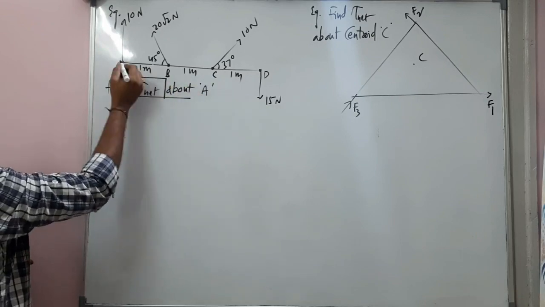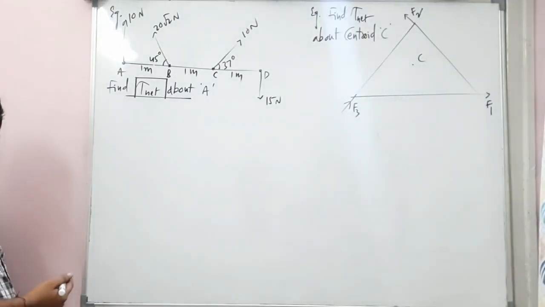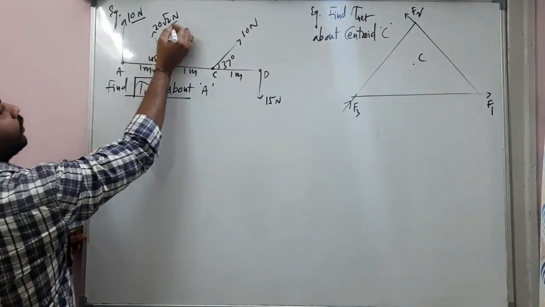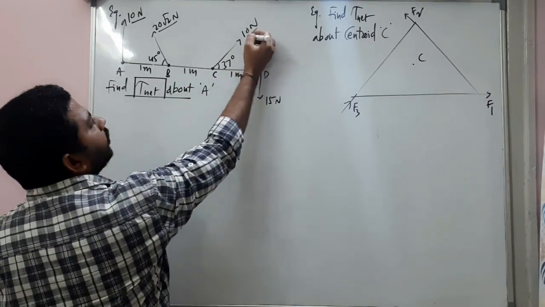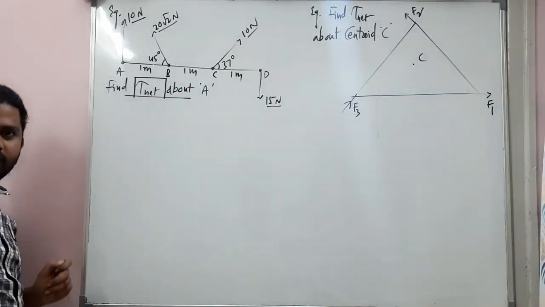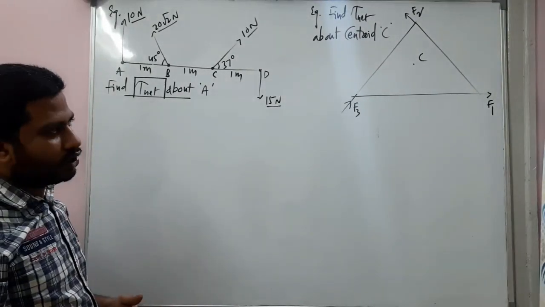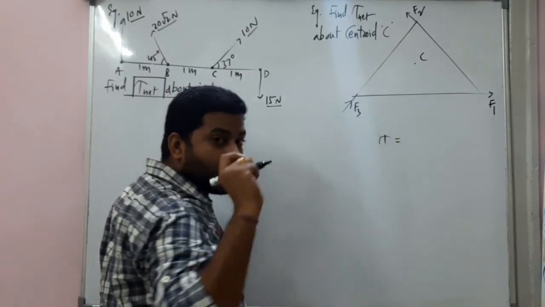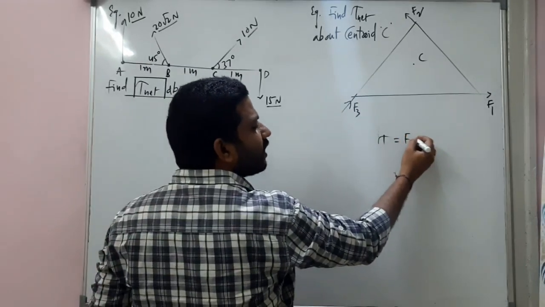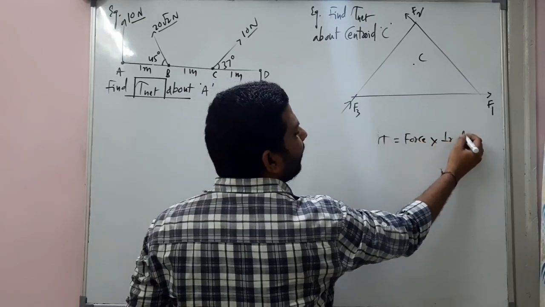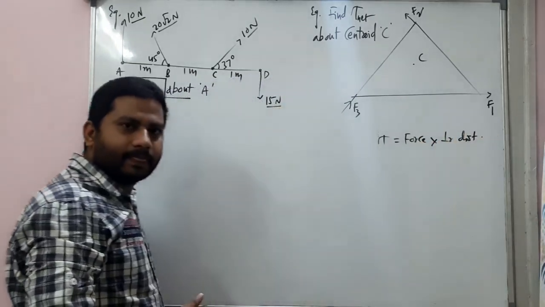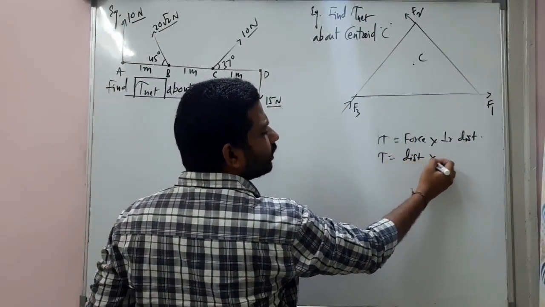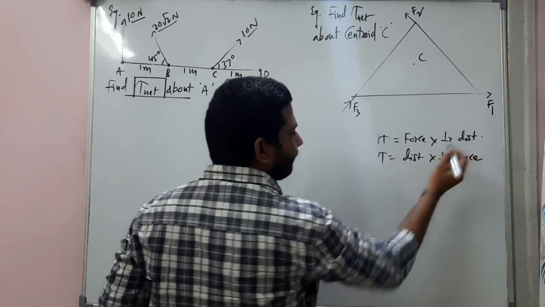Find the net torque about point A. Get ready for that. So torque due to this 10 Newton, torque due to this 20 root 2 Newton, torque due to 10 Newton and torque due to 15 Newtons. Whatever may be, the formula is what? Do you remember the formula? Let me write the formula here. The torque is equal to, in most cases, force into perpendicular distance, my dear students. Or the torque we can also write as distance into perpendicular force. Both are the same.